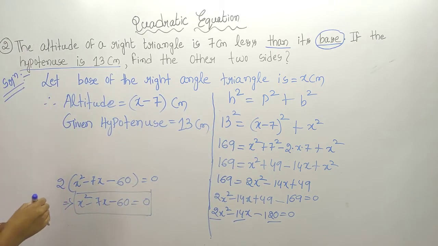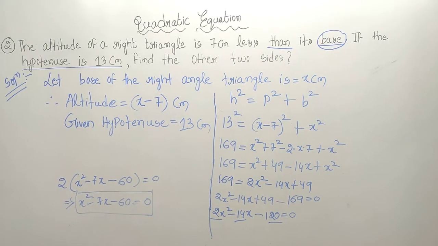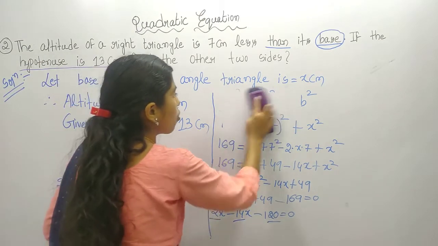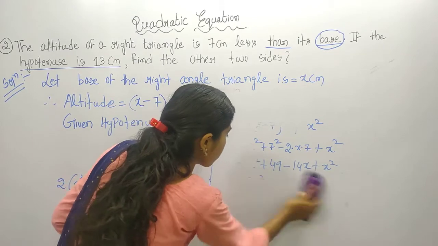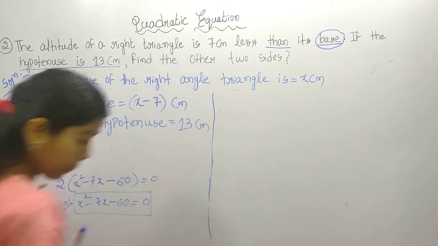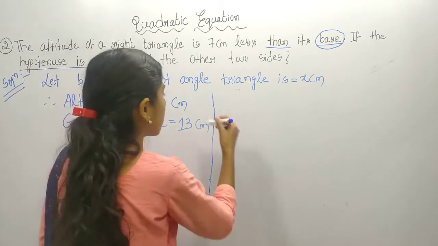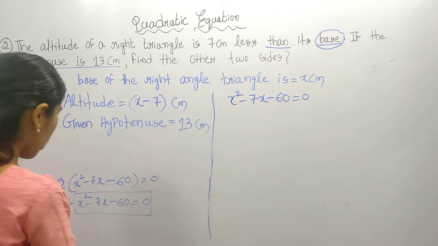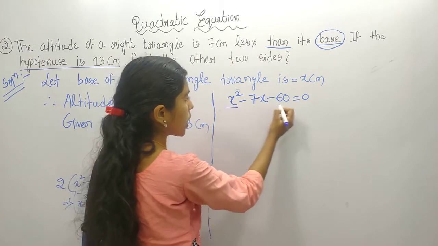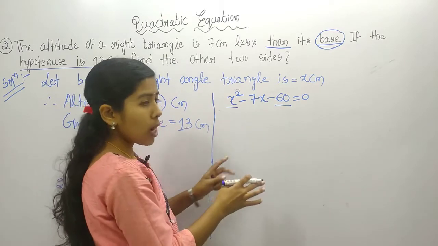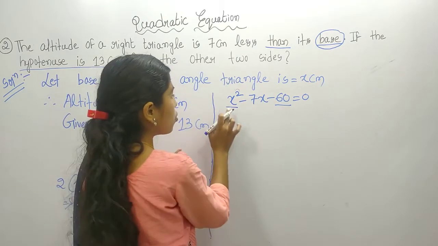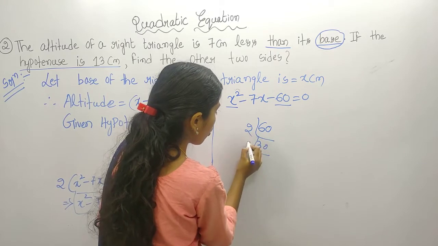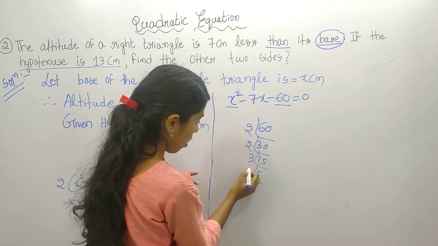Okay. So, next. We got the equation x square minus 7x minus 60. We will solve here. What is the equation? x square minus 7x minus 60 equals 0. Okay. So, here you see what I said, first and last number you have to see, then you have to multiply them. Then you will find the LCM. So, 1 into 60 is 60. You find the LCM of 60: 2, 30; 2, 15; 3, 5; 5, 1.